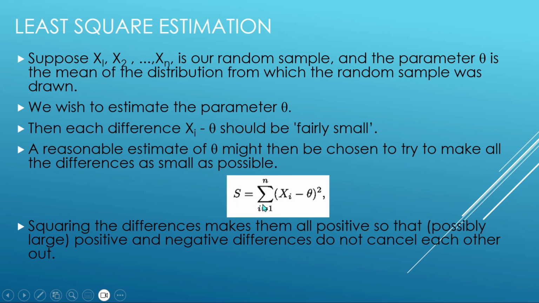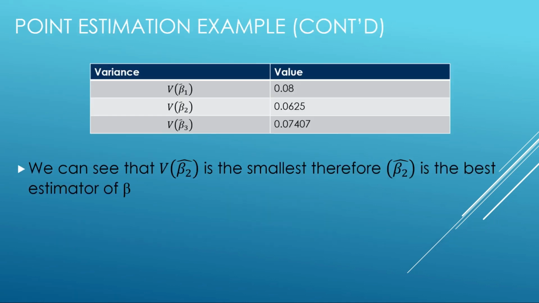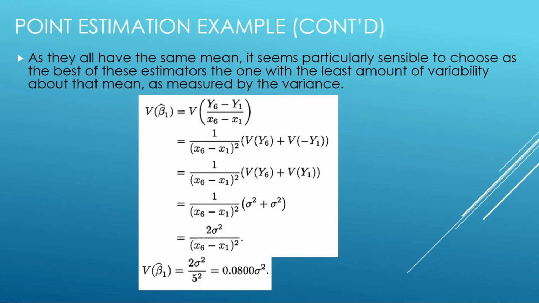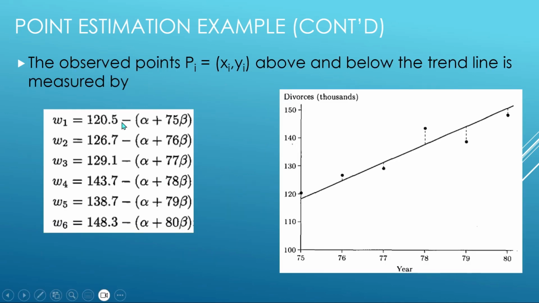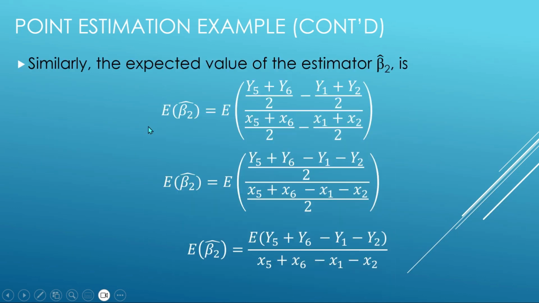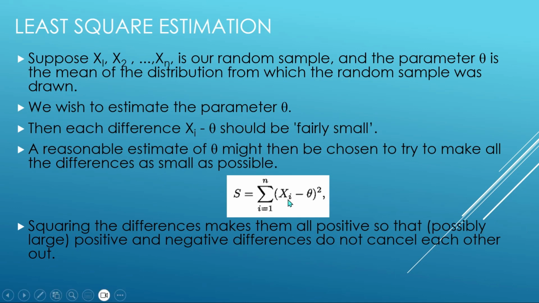S is equal to the sum of (Xi minus theta) whole square, where i is equal to 1 to n. So if you see this over here, in this last example we also found this difference W, which was from the actual value and the estimated value, and here we are doing the same thing. We are getting the difference between the actual value and the average value. But here we have squared this difference. Why? Squaring the difference makes them all positive, so that possibly large positive and negative differences do not cancel each other out, and we do not get